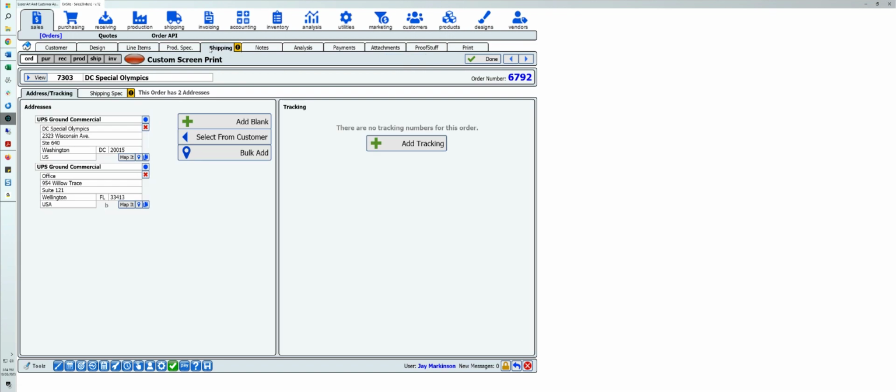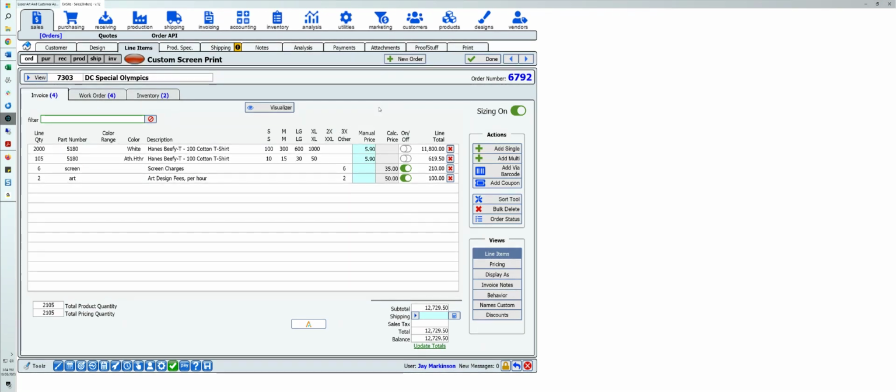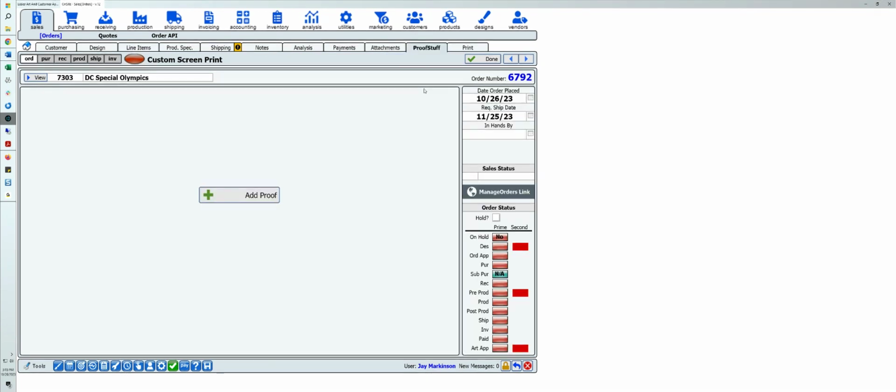If I look at shipping, I can see we're going to ship this order to 2 different addresses. If I go here to line items, I can see we got some costs on here. And if I go over here to ProofStuff, this is where I can manage the approvals. Now, this is a new order, so there are no approvals for this particular order. Before we get the order started for Steve, I want him to sign off on the order itself, the items that we're ordering, and also where we're shipping it to. I want to make sure we got it right, and I want Steve to sign off on it. Steve's my customer. So I'm going to go over here to this print tab,